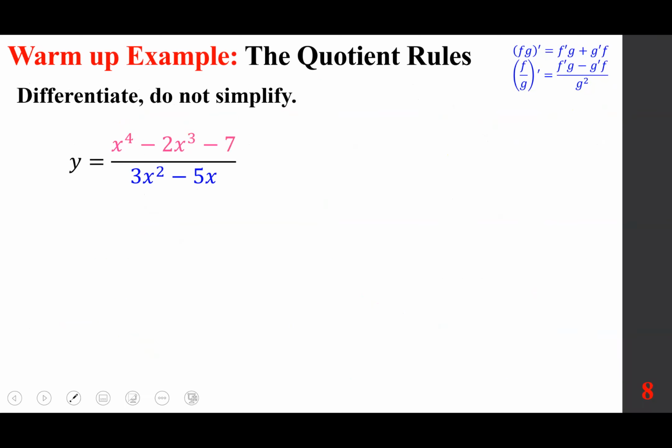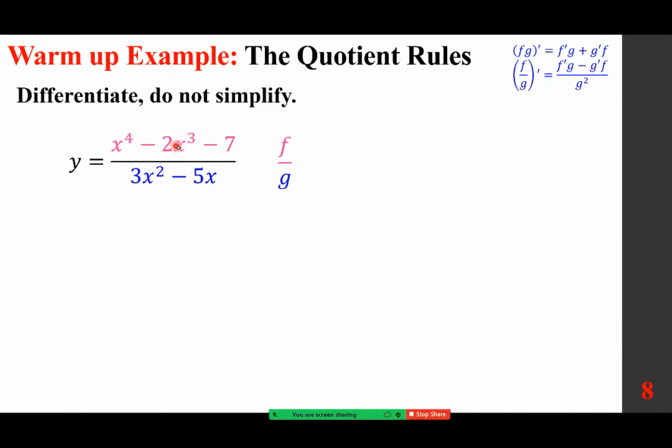Let's look at the quotient rule. Again, this is a warm-up example because we are concerned with the first step only. A simplification which takes a couple of steps is all algebraic, and I want you to finish it at home. We're going to call the top the f function, the bottom the g function, and we're going to stick with this formula. So the very first thing we need is f prime, and we know f prime is 4x cubed